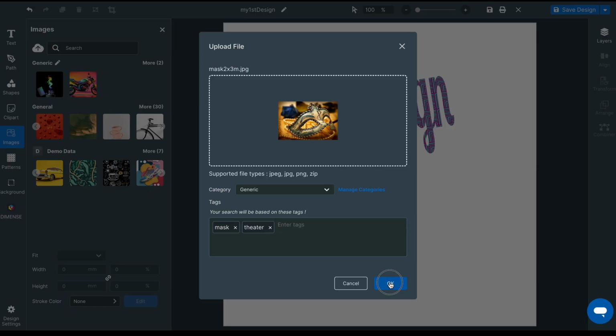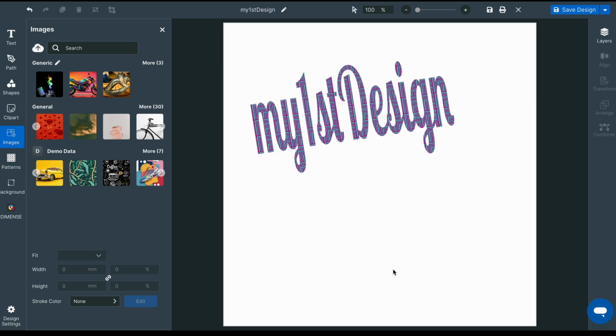Clicking OK, the image file will be uploaded to the Designer database. The time spent uploading depends on the file size as well as the available speed of the internet. When the image file has been imported, it is available in the library selected during the import stage, in this case, the library called Generic.